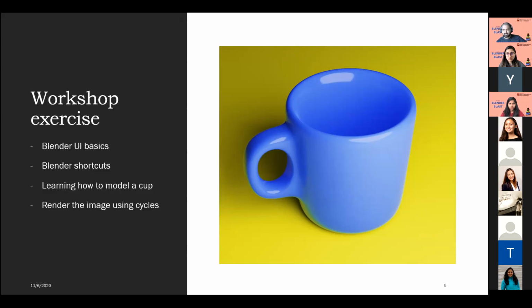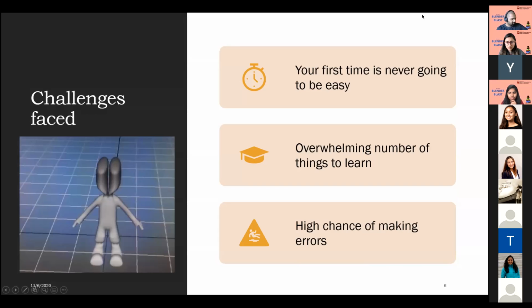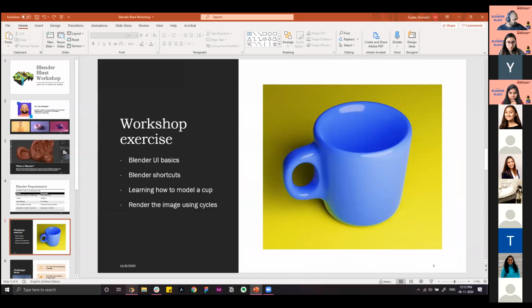So I'm curious to know like how many people have worked with like 3D modeling software before? Like you can give a thumbs up if you have. Do you want me to get started with the exercise? Okay, give me a second.